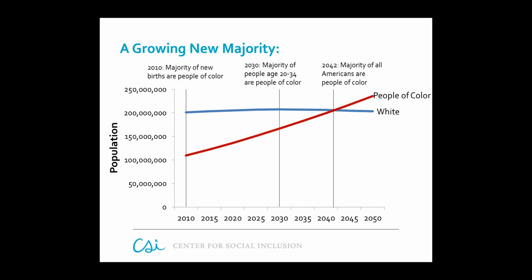Well, if we look at Social Security for a moment, how is Social Security funded? Well, it's funded through payroll taxes and self-employed contribution taxes. This means that when all Americans are working, then funding for Social Security is doing better than when joblessness rates are high. Therefore, if the unemployment rate for people of color continues to be defined by staggeringly disproportionate and inequitable rates, then the future of Social Security as a critical social safety net for older Americans and those with disabilities is at stake. And we can anticipate that as communities continue to diversify, especially the growth of Latinos as a percentage of our population, this can only get worse.